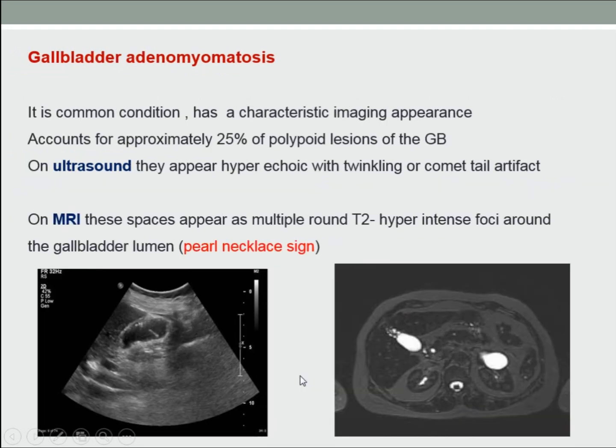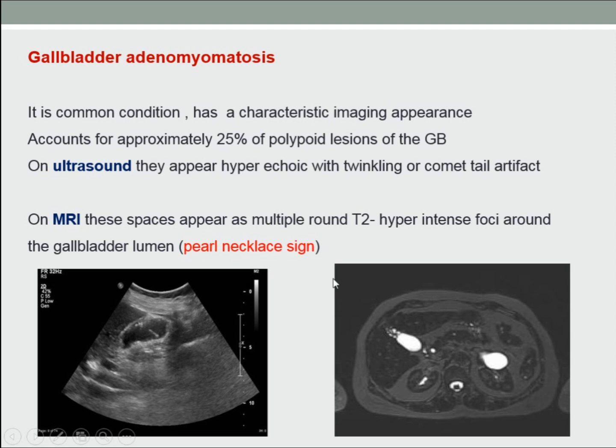Gallbladder adenomyomatosis is a common condition and has certain imaging features. It accounts for approximately 25% of polypoid lesions in the gallbladder. On ultrasound, again, it appears as a hyperechoic focus with shadowing within the gallbladder, with twinkling or comet-tail artifact. On the MRI, these spaces appear as multiple round hyperintense foci around the gallbladder wall and lumen,